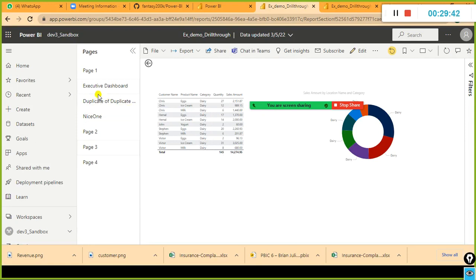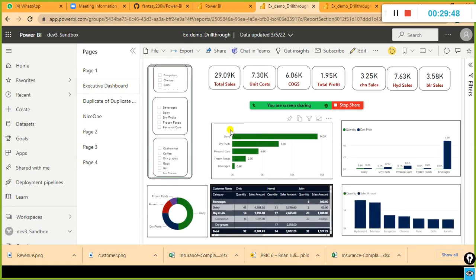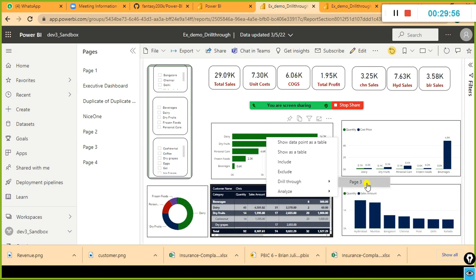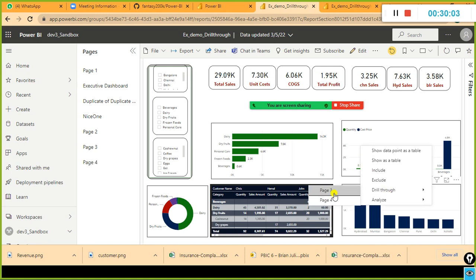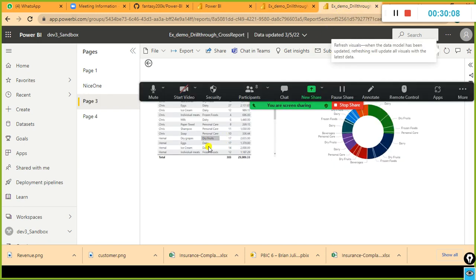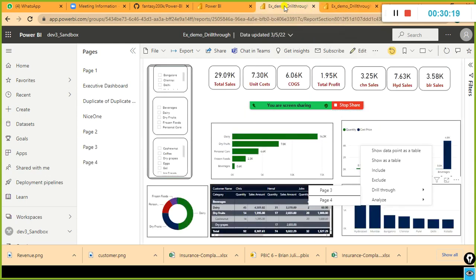And if I go to the executive dashboard here, ideally it should show the drill through for that one also, and page 3 here it should display the second one also. Let us go and check for the city here. I just drill through and look here, page 3, page 4. Yeah, here we have created two different pages. It is showing it for this, and unfortunately it is not showing the other report, maybe because of the page, right? It got confused. Ideally it should show the file name here.